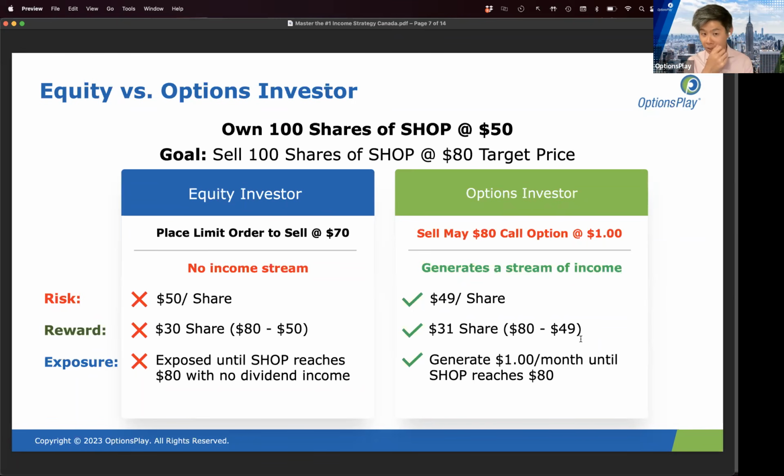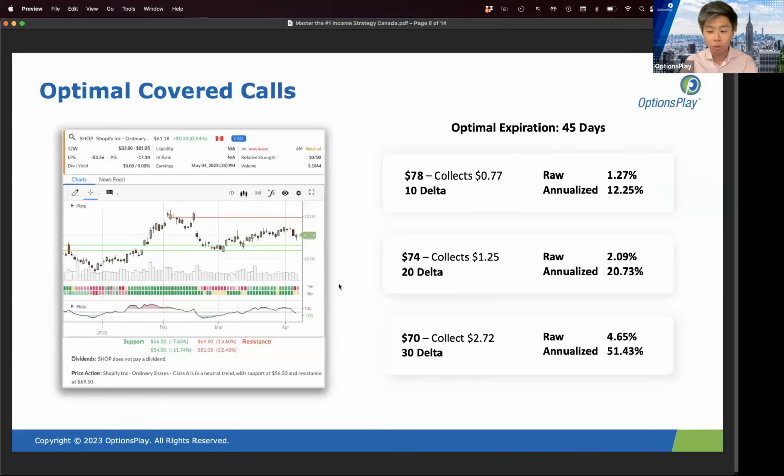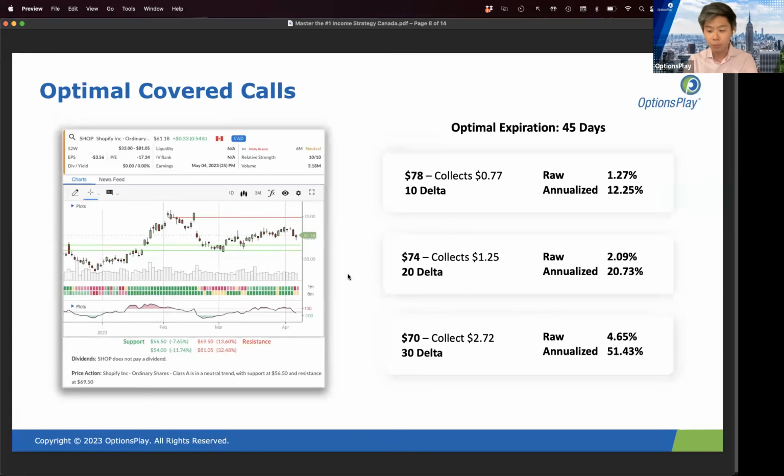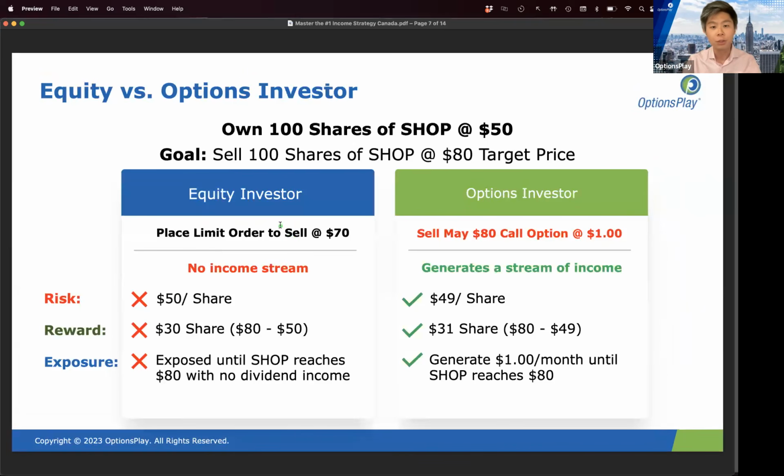So the first minor difference is that a limit order, once it reaches your specific price, gets filled immediately, right? So if the stock reaches $80 tomorrow, or next month, doesn't matter when. As soon as the stock hits the price, typically your limit order will get filled pretty quickly, especially if you have a relatively small number of shares. If you have a very large order, that's a little different story, but 100 shares, it'll get filled virtually instantly.